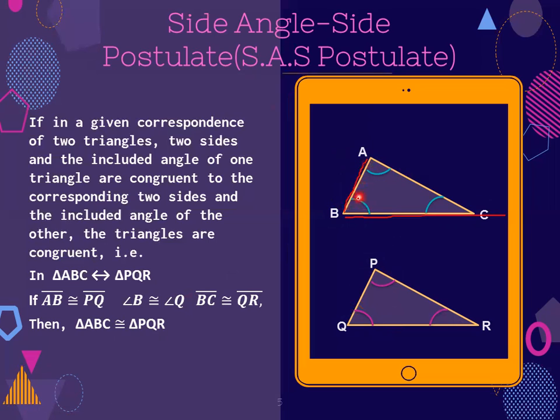According to the side angle side postulate, if triangle ABC corresponds to triangle PQR,